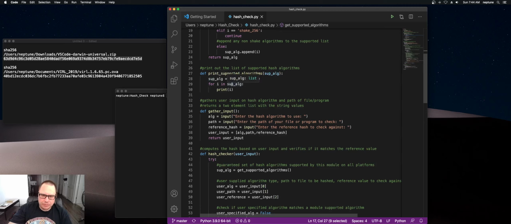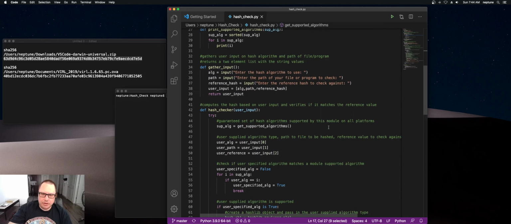And then, so now my list of supported algorithms, just iterate through that and print the values. And then now we need to gather the user input, because it's meant to be interactive and just have people